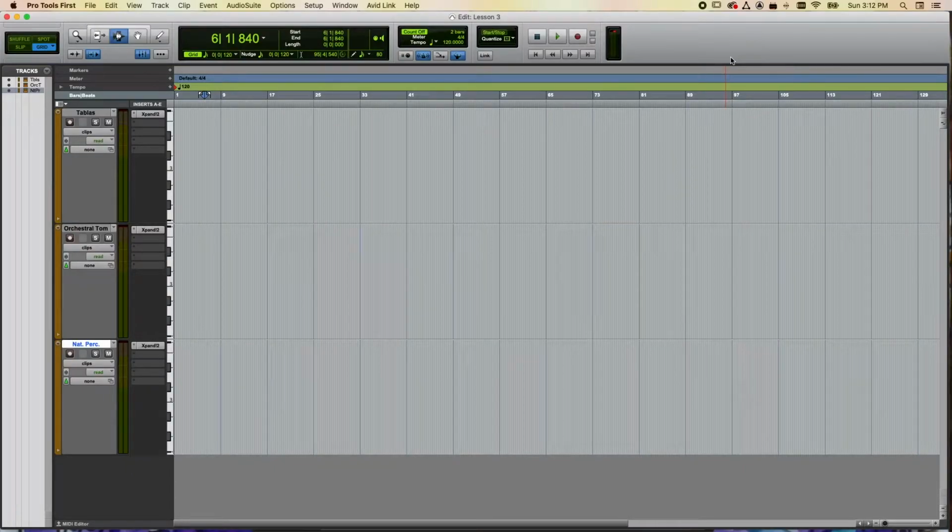Welcome to Lesson 3 in this series of lessons where you will be learning how to make music using Pro Tools. First, in this very quick lesson, we're going to talk about the different kinds of instruments we can have